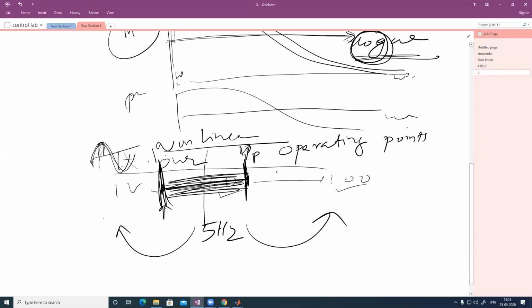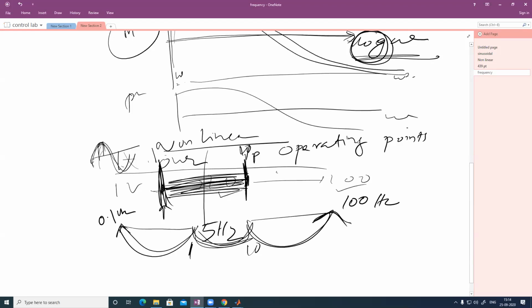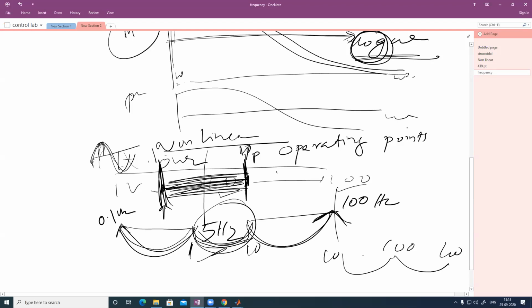So you are taking 0.1 as minimum and 100 Hz as maximum. 5 Hz comes under the 1 to 10 Hz decade, so 1 decade below and 1 decade above. If your system is at 100 Hz, you are taking 10 Hz and 1000 Hz, with 100 in the middle. So this system is working at 5 Hz, and your frequency will be 0.1 Hz to 100 Hz.